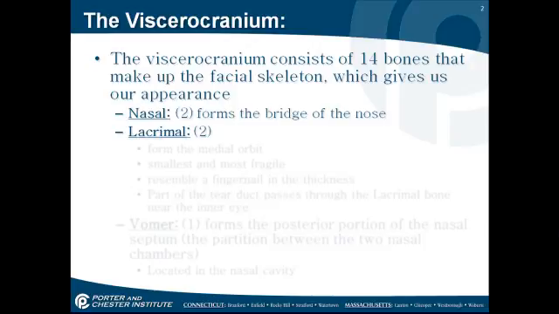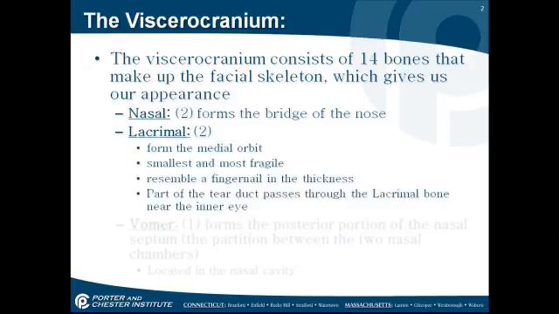The lacrimal bones, there are two of those. They form the medial orbit. The orbit again is the eye socket. Medial means the middle part of the eye socket, or the middle wall, the most towards the midline. They're the smallest and most fragile bone. They resemble a fingernail in thickness, and part of the tear duct passes through the lacrimal bone near the